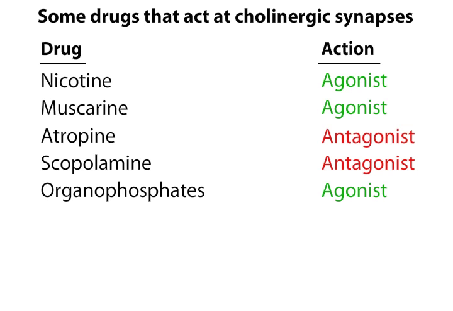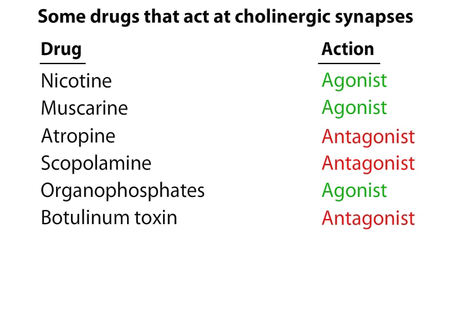Many other drugs also act at cholinergic synapses. For example, botulinum toxin is a potent bacterial poison that can grow in improperly canned food. Botulinum blocks the release of acetylcholine, resulting in muscular paralysis and asphyxiation. In much diluted form, botulinum toxin is marketed as Botox, which inhibits facial wrinkling by locally paralyzing facial muscles.